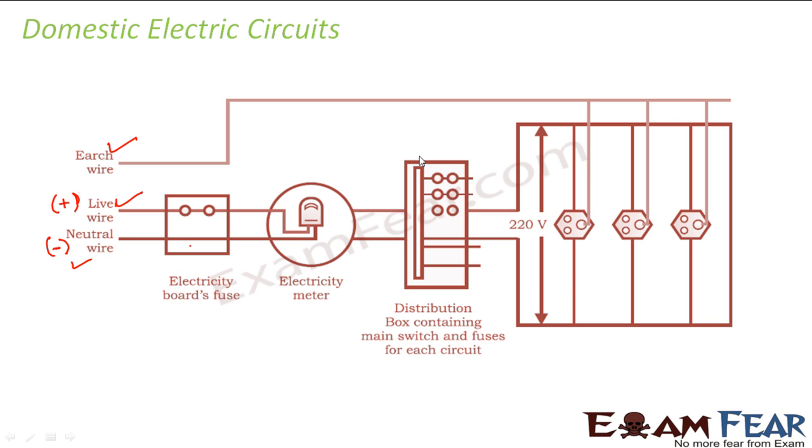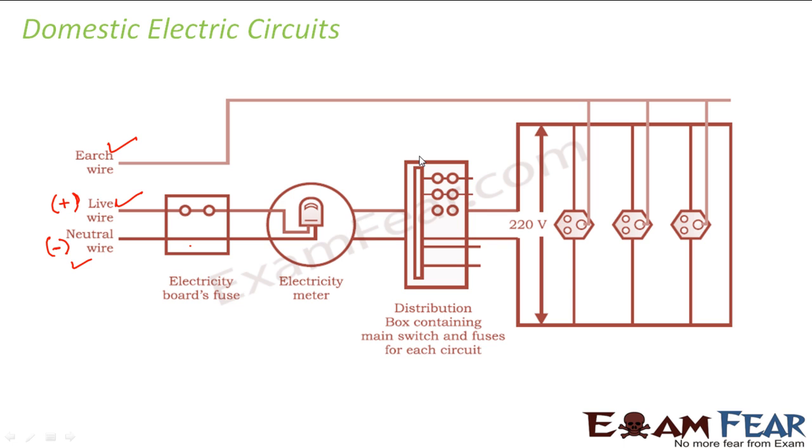In your houses you will see that the meter board is connected through a fuse to a main switch, and in that main switch you will have all the line wires which are connected to different electrical appliances in your houses. Then there will be two categories of circuit formed there. One will be connected to all heavy electrical appliances, for example your geysers, mixer grinders or washing machines, and the other one will be used for the smaller appliances like electric fans, electric bulbs, tube lights and all those. So there will be two categories of circuit: one which will pass more current, the other which will pass a lesser current.